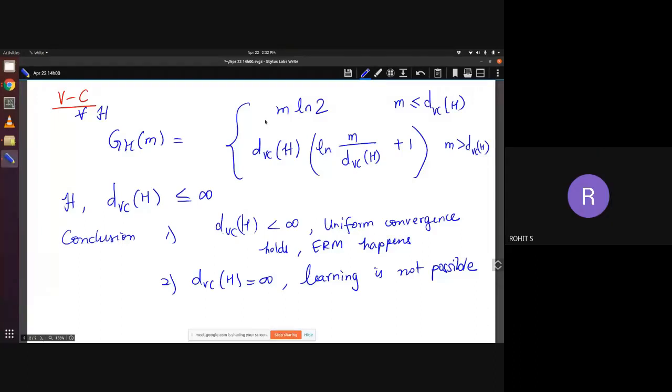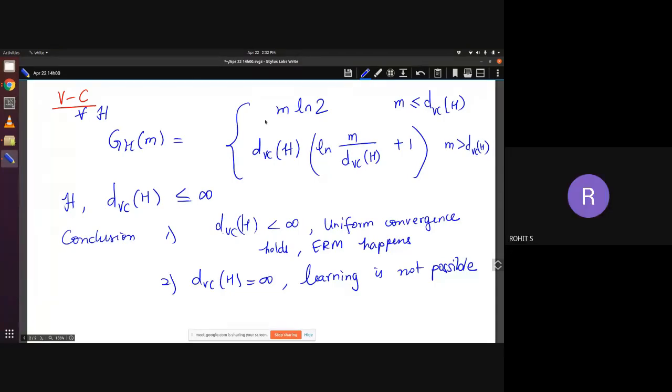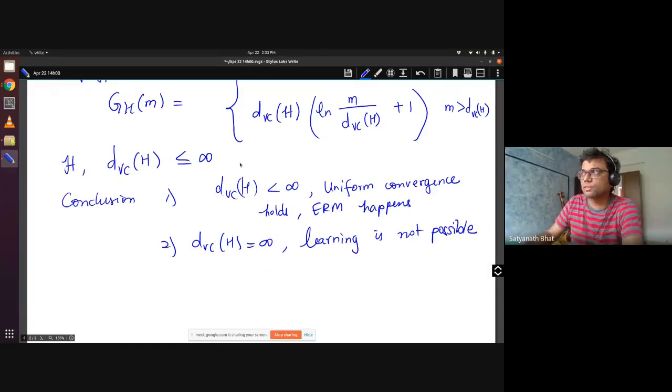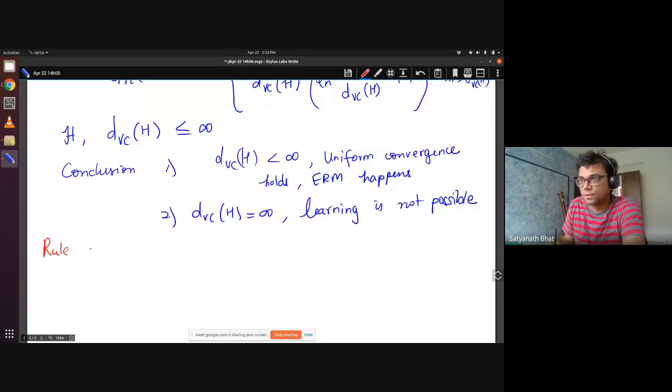I just wanted to confirm that, say we have a problem and we first propose a hypothesis bag for which the d_VC is less than infinity. And then we have to have at least 2n points such that this 2n is more than the VC dimension. That's right. So if these two criteria are met, then our learning algorithm will find the best classifier there is. Yes. In fact, there is a rule of thumb. Let me state that.